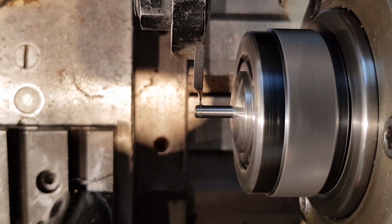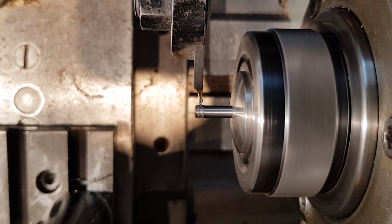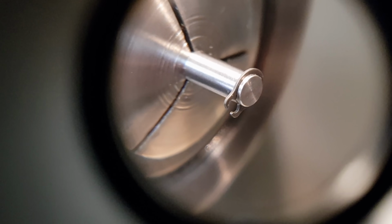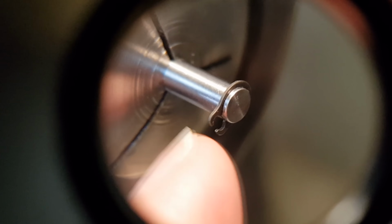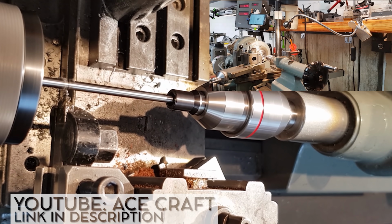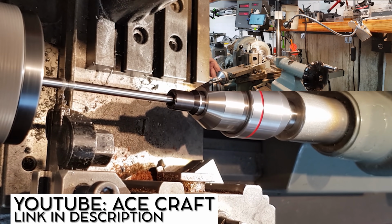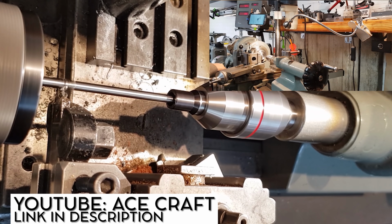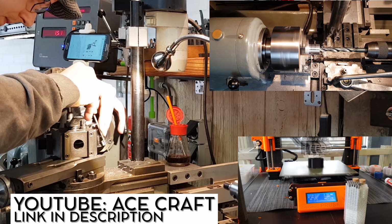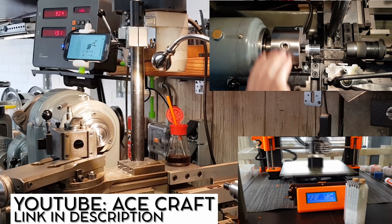So this is some footage from the manufacturing of these axles by Acecraft. I'm really happy that Acecraft could step in because I don't have a lathe, and the delivery from Ace is always Ace. So that's a maker who lives up to the name, and Acecraft has made an awesome YouTube video for the Acecraft YouTube channel. So check out the Acecraft YouTube channel and send some much-deserved Marble Machine X love because the delivery is always